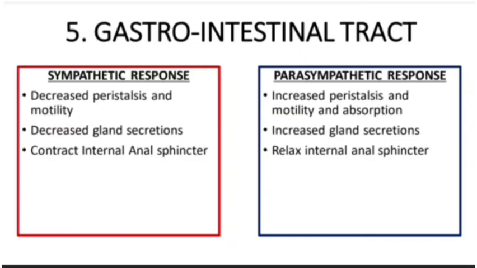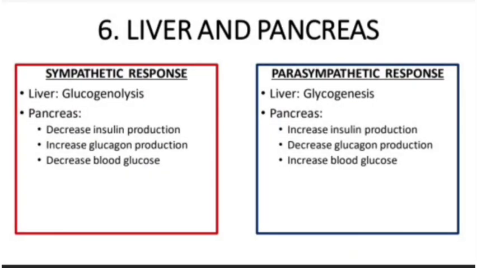Remember, you have two anal sphincters. You have an internal anal sphincter, which is involuntary and controlled by the ANS, and you have an external anal sphincter, which is voluntarily controlled by your cortex. So this is the reason why, although sometimes you feel the urge to defecate, you are still able to hold your feces in or hold that urge in, because the last sphincter it has to pass through is voluntary.